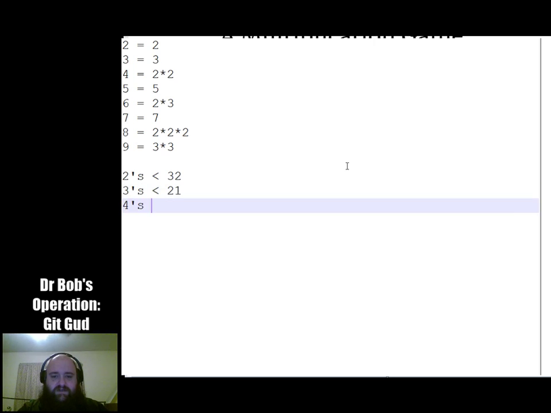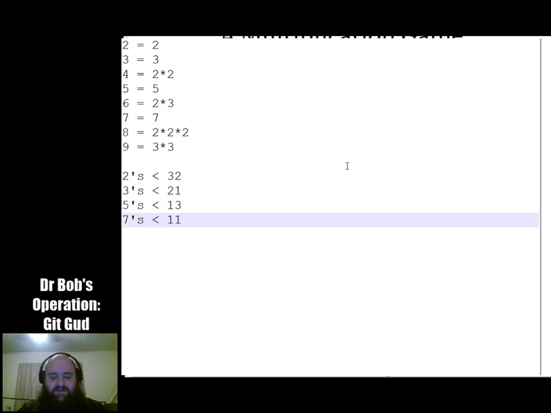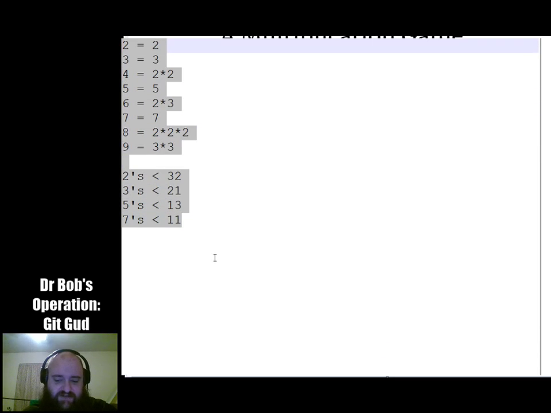The 5s can be no bigger than 13 or so. And the 7s can be no bigger than 11 or so. The way you do this is by taking the log base of each of these of 2 to the 32nd. So you multiply these together, you get around 88,000 different possibilities, which is not that many.